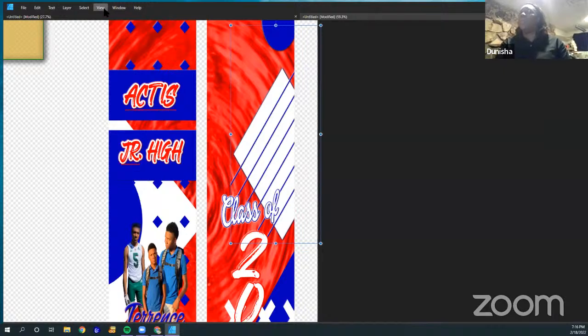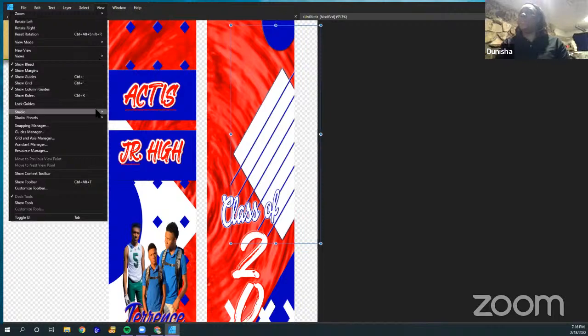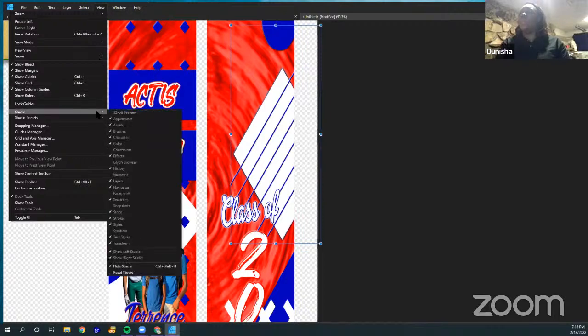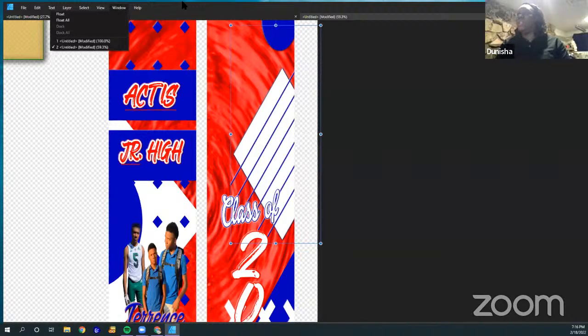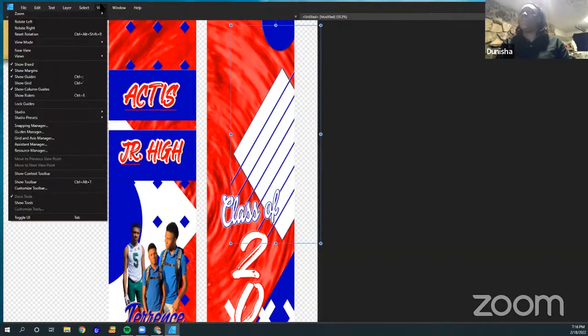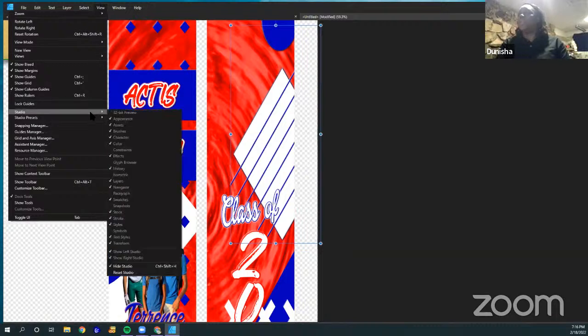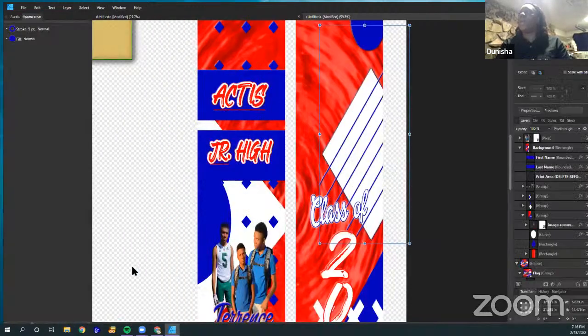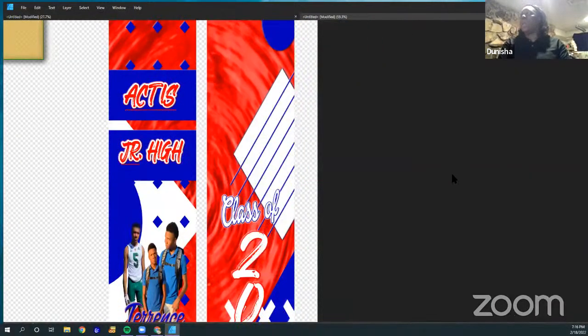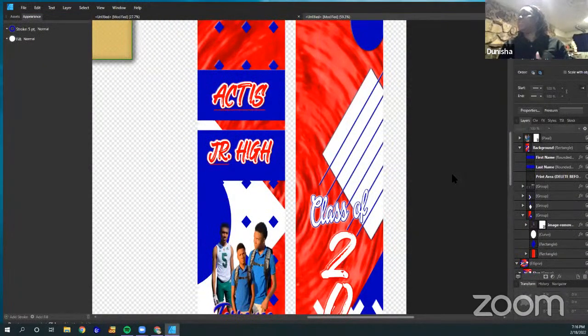So there's a couple of ways that you can get that one back. And the easiest way is to just hit tab again. But if that doesn't work, just go to view, and then that's called your studio panel. So go to studios, and down here you see it's checked hide studio because I accidentally hit tab. If you just click unhide it, it'll come back. But the shortcut is just tab, it goes away, tab, it comes back. Sometimes you want to hide it, like if you want to show more of your screen, that's a good reason for somebody to hide it. But most of the time you need it open so you can work.